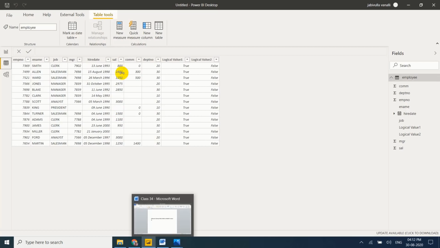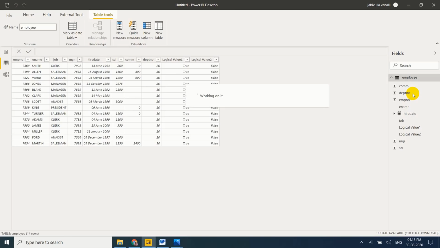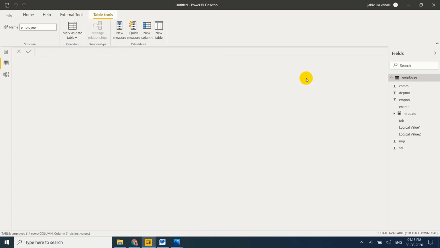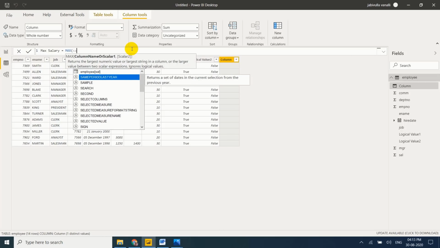I want to find the maximum salary amount from the salary column by using the MAX function. I'm taking a new column, I just mention MaxSalary equal to MAX of Sal.